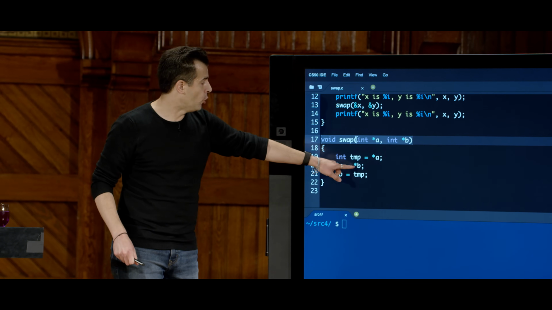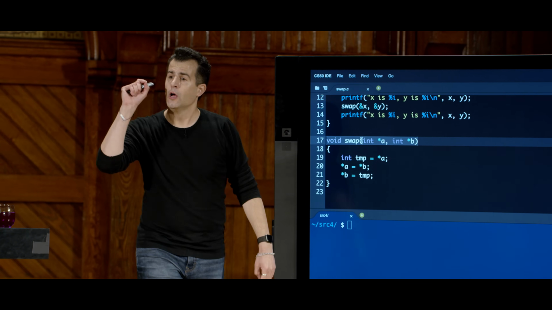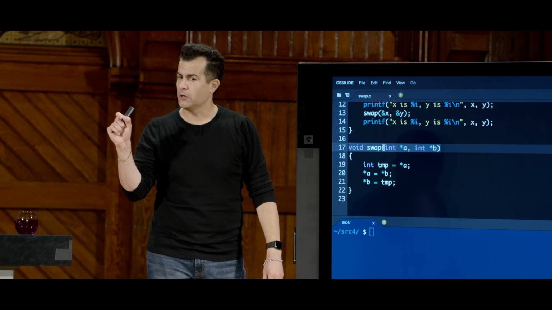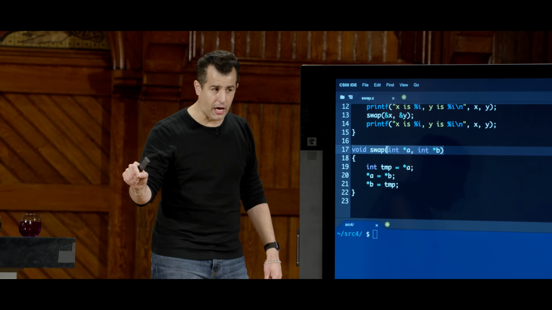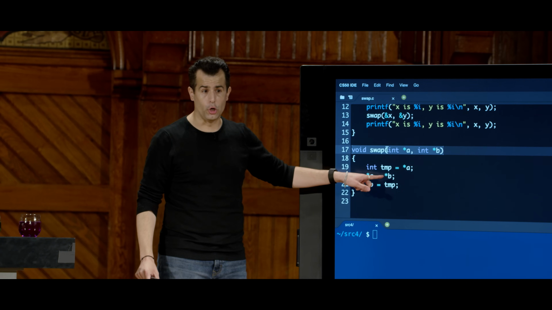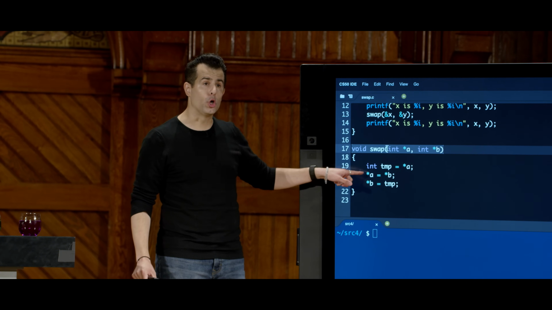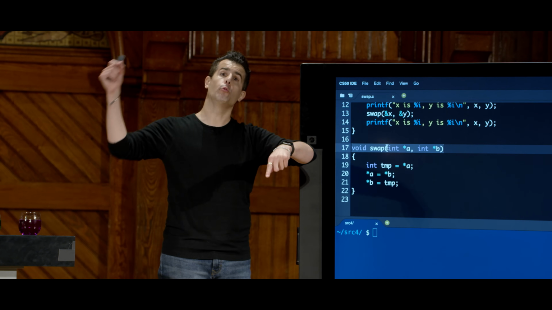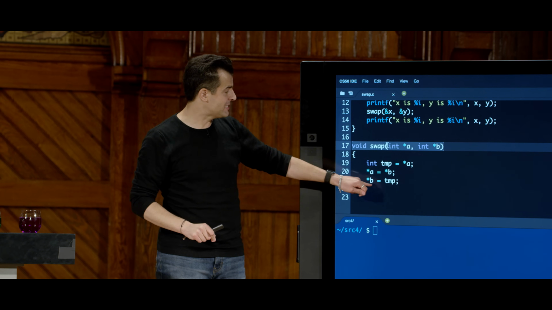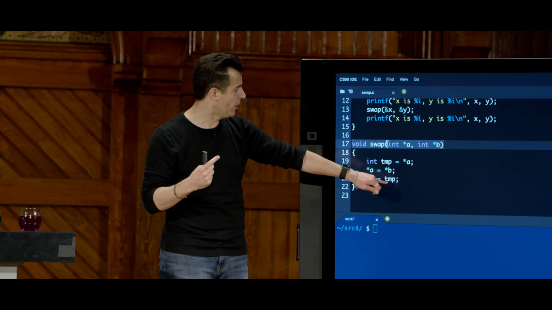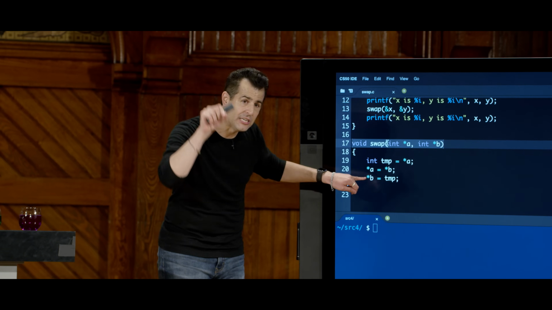The second line of code means go to b. So if you follow the address in b, where does it lead you? It should lead you to what we called y, and that y was a 2. And star a means go to the address in a and put whatever was at the address in b there as well. And then lastly, go ahead and take temp, which is just the number 1 I claim, and put it at the address in b.